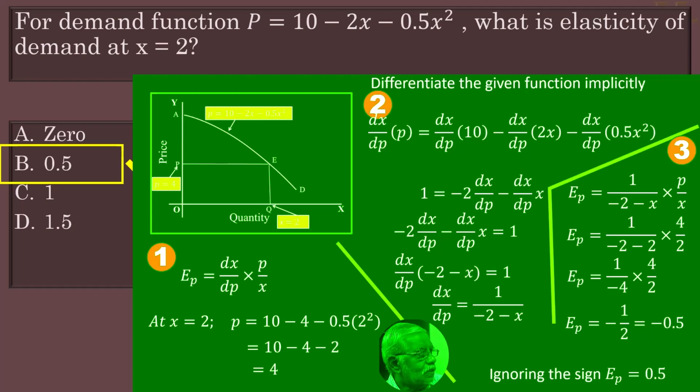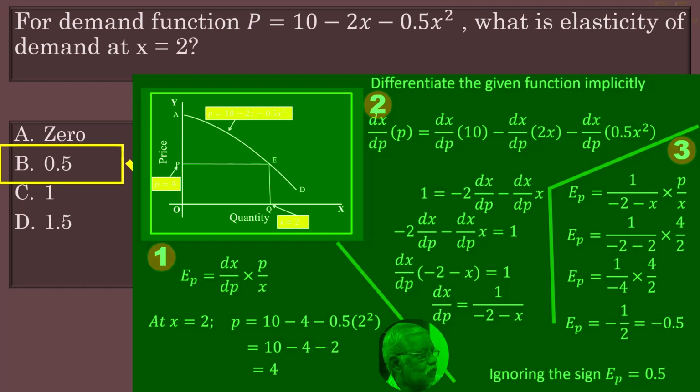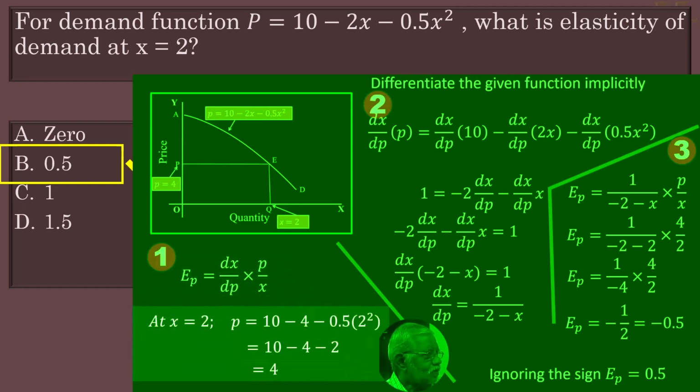Look at this solution. We have to estimate elasticity of demand at x equal to 2. The formula that we have to use is dx by dp times p by x. We have to search for the values that we can find in the formula. dx by dp we have to estimate. Value of p is not given, but value of x is given. At x equal to 2, p equal to 10 minus 4 minus 0.5 times 2 square,